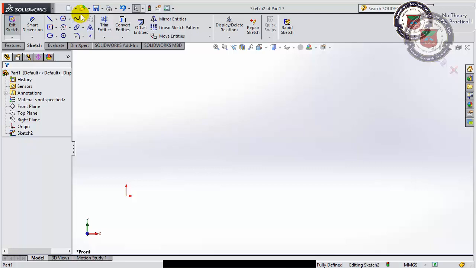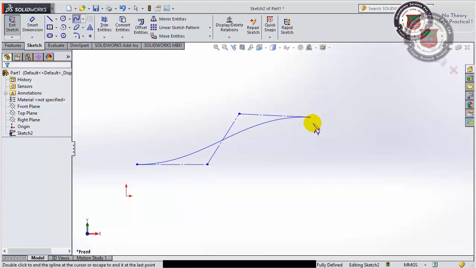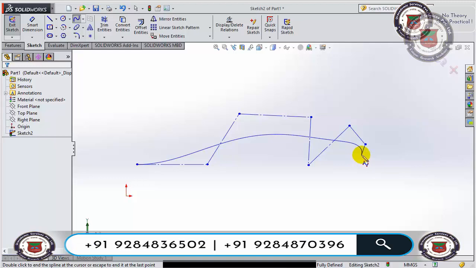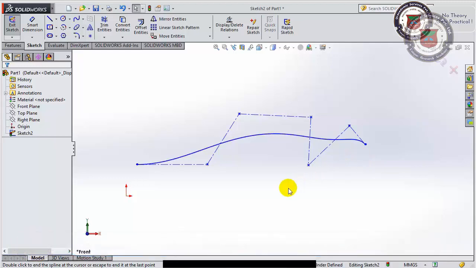I'm deleting it. Now I'm coming to the second spline, the style spline. In this spline, I have to choose some vertices points, which give weight to the curve. According to the location of these points, I can generate the profile for the spline. Now I want to finish the spline. I'm pressing the escape button, so the spline is complete.